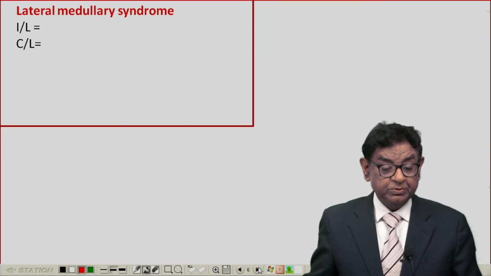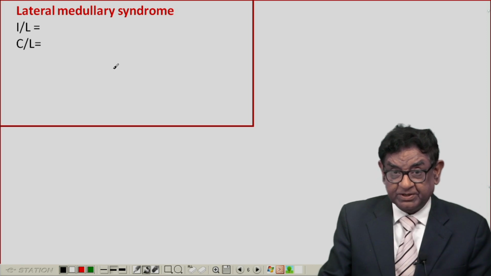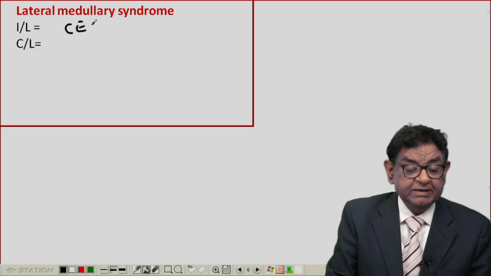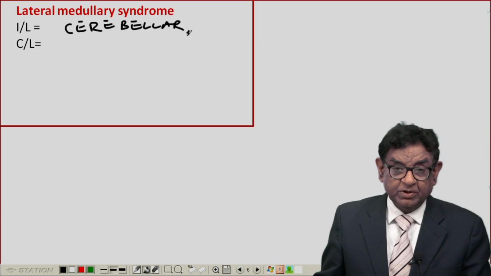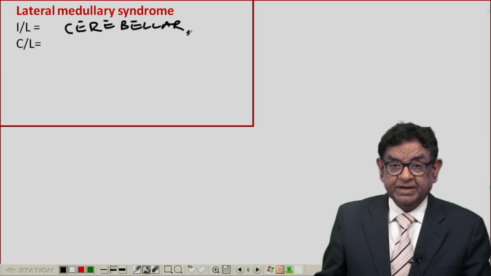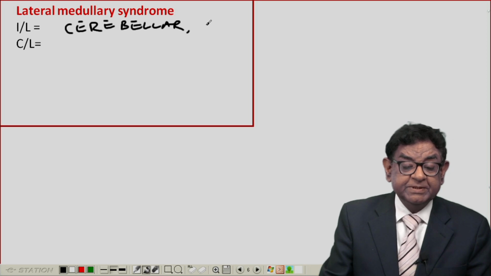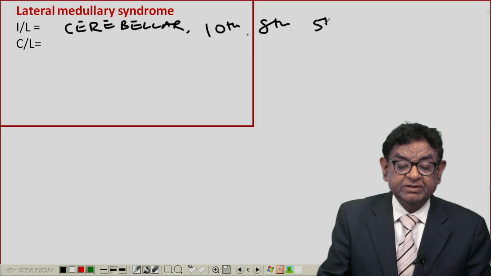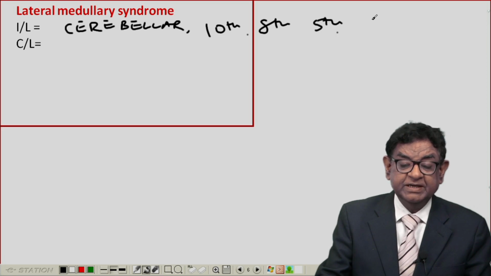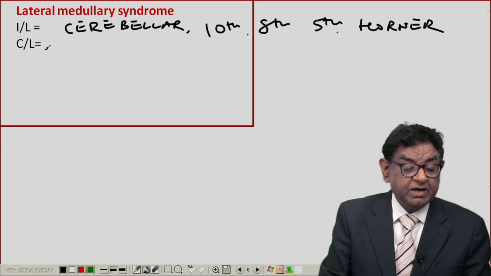Okay, so in lateral medullary syndrome, so-called Wallenberg syndrome, there will be ipsilateral cerebellar features. That means the patient will have all ipsilateral cerebellar features, including nystagmus, including gait abnormalities, ipsilateral 10th nerve palsy, 8th nerve palsy, 5th nerve palsy. I told you how the patient will manifest: ipsilateral Horner syndrome, and there will be contralateral loss of